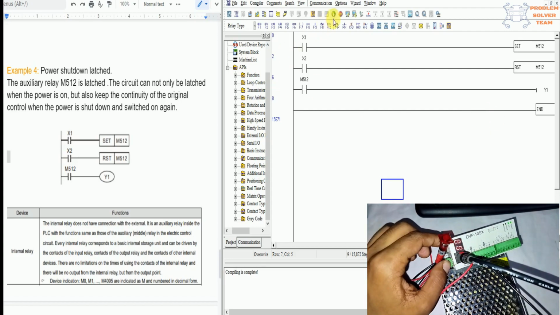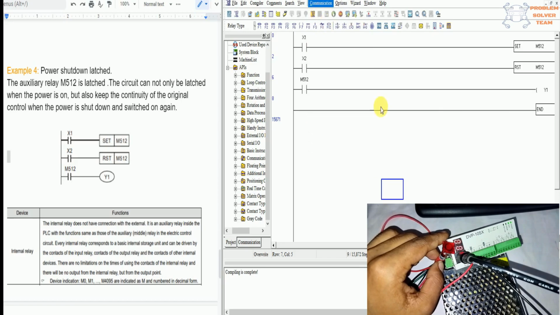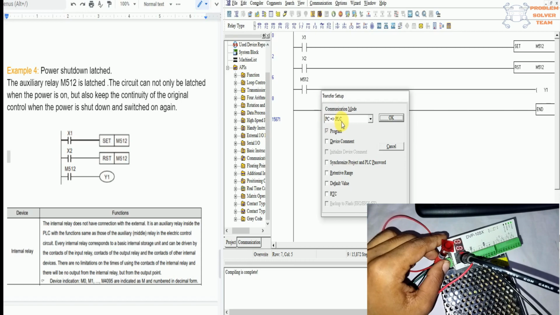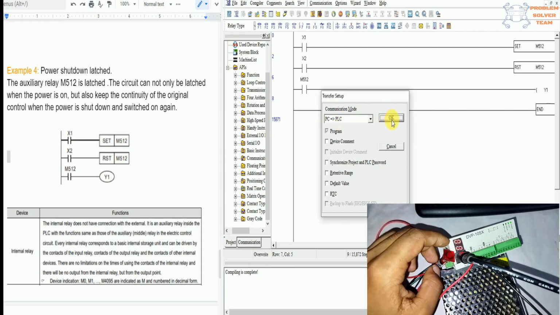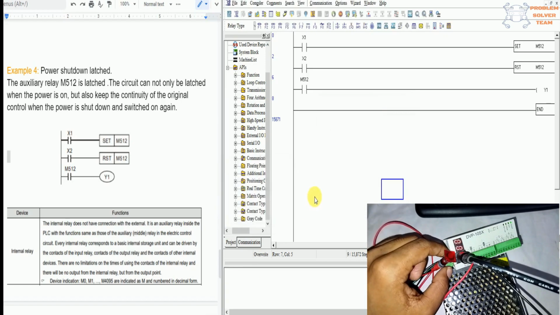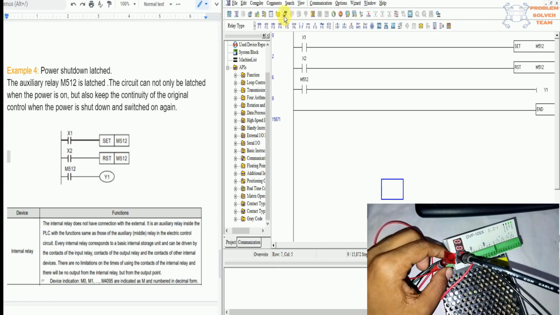Now, with this combination, we set up the transfer from PC to PLC, this type. Okay. This programming upload is complete. Now this monitoring